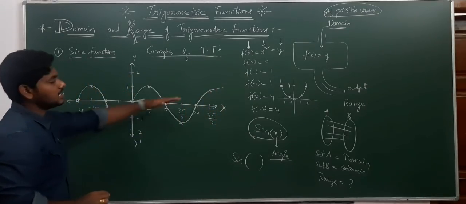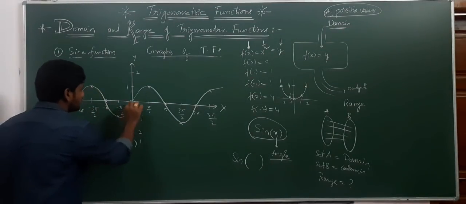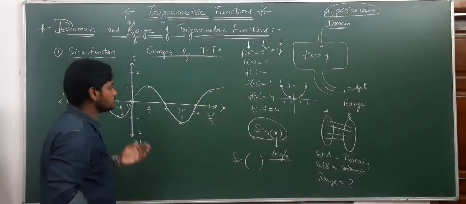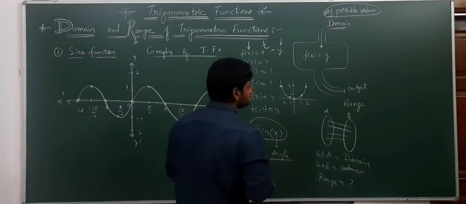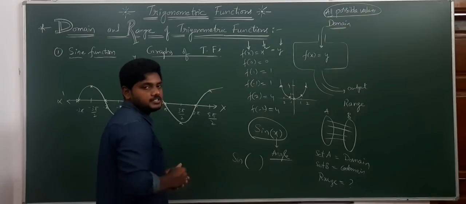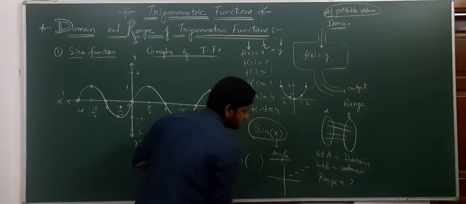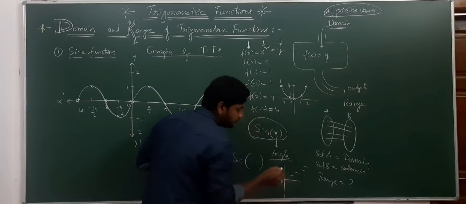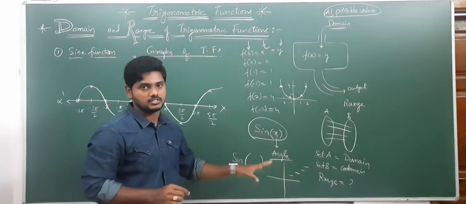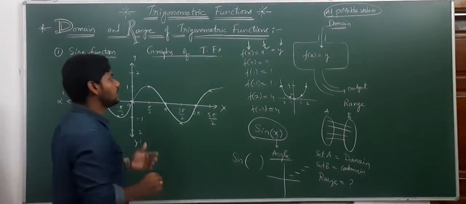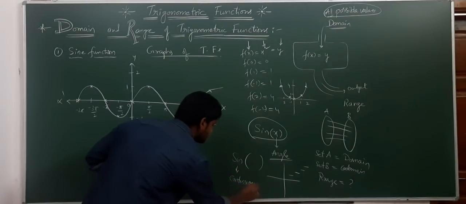You tell me, is this graph a continuous function or discontinuous? What do you mean by continuous? Continuous means without lifting the pen. Can we draw the full graph? Yes. So this is a continuous function. What about discontinuous functions? As you know, the greatest integer function graph looks like steps, right? To draw from here to here, we need to lift the chalk piece and draw. Those types of functions we consider discontinuous functions. This type we consider continuous functions. That means the sine function is also a continuous function.